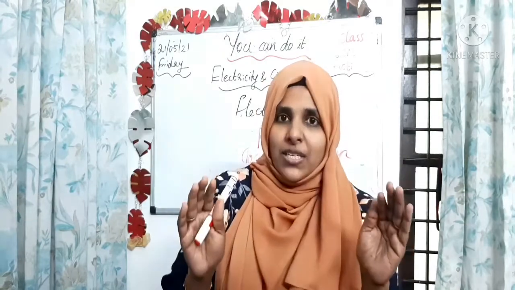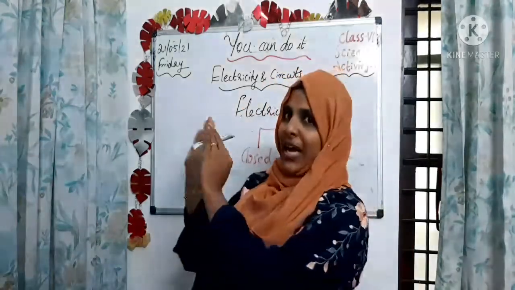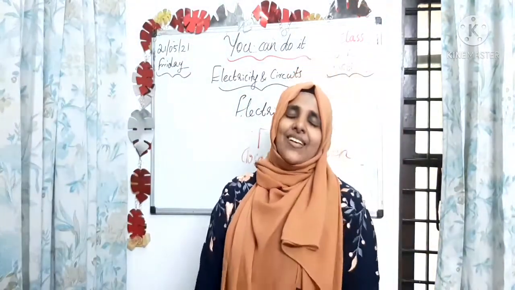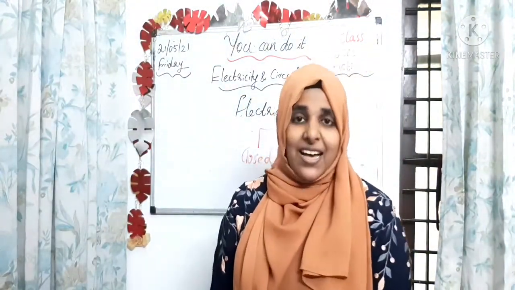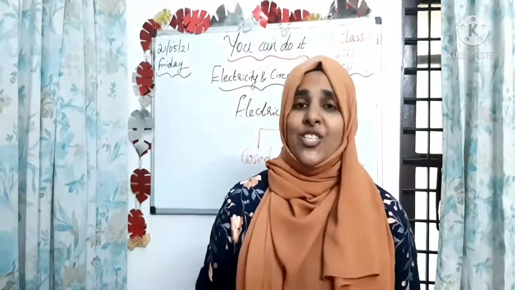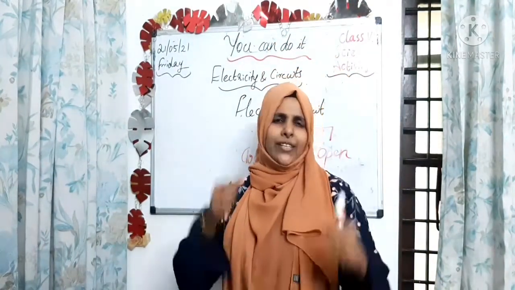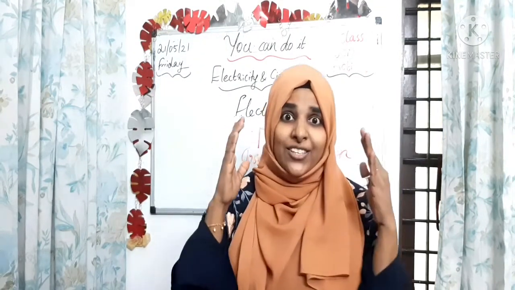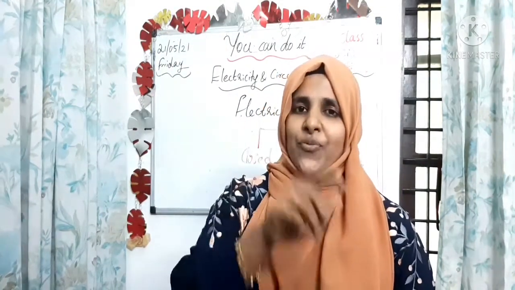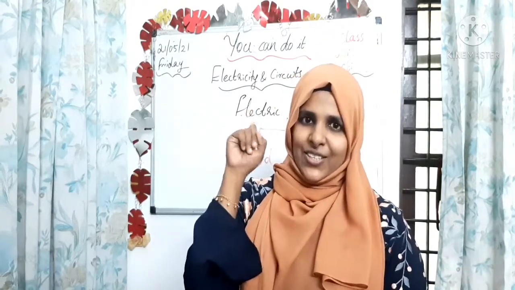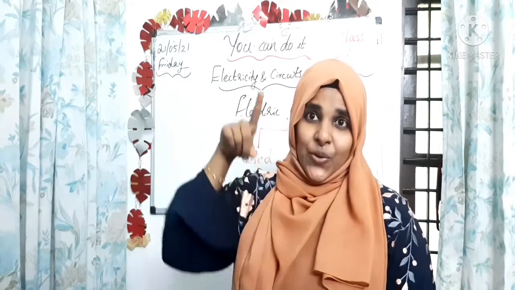For tomorrow's class all should be ready with one electric circuit, and I need to see your closed circuit. So we can meet in our next class. Read the chapter at least 3 times, and from today's topic you can understand, you can do it. So what is today's topic? Check the board and find the question. The answer is, you can do it.